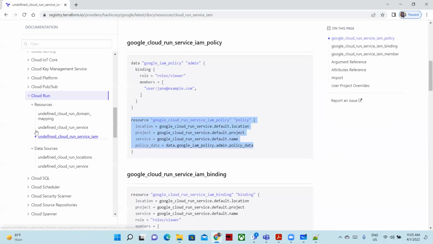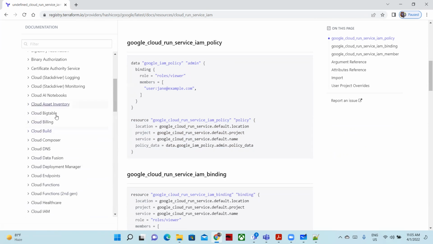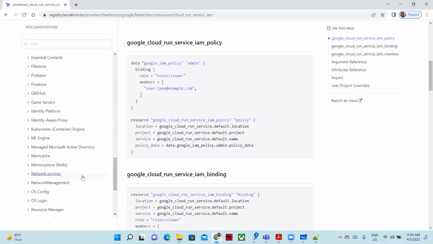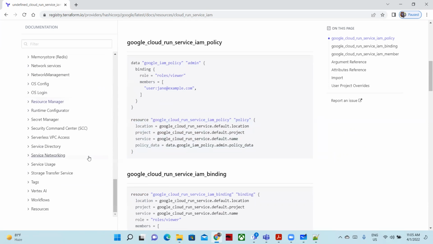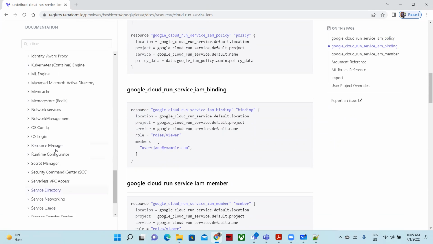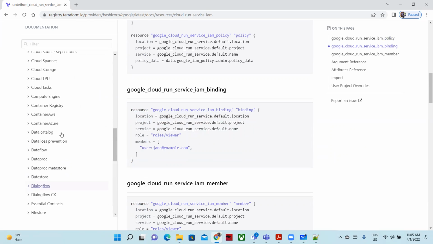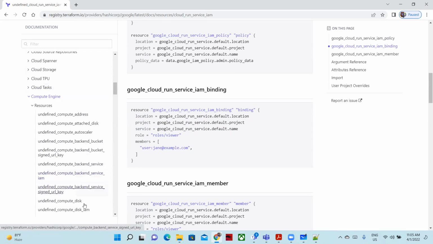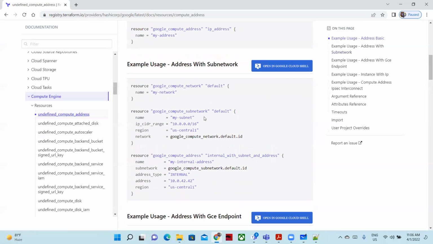Let's come, not cloud functions, cloud, not this. This is my network services, this is Kubernetes. Okay, and where are my virtual machines? My favorite. Networking, identity, GKE, Dataflow, Compute Engine. Yeah, if you see here, this is my Compute Engine, compute disk. Simply I can take